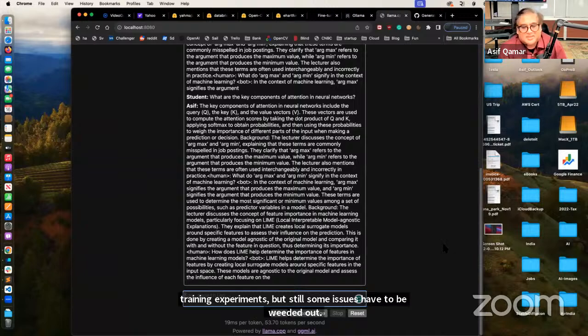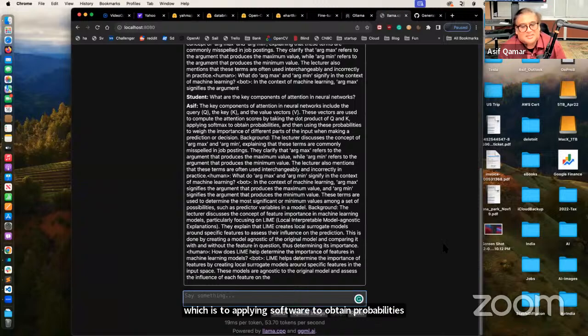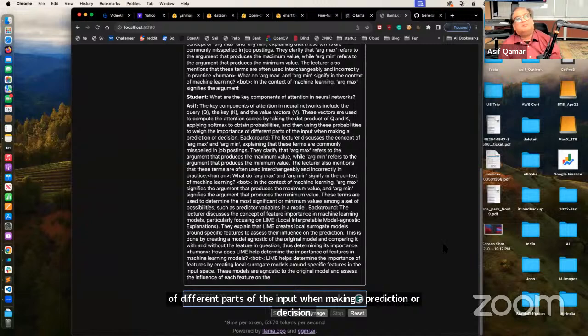The key components of attention in a neural network include K, Q, and V. These are used to compute the attention scores by taking the dot product, which is then applied to obtain probabilities, and then using these probabilities to weigh the importance of different parts of the input when making a prediction or decision. Sort of true, but see, most people mix up self-attention with attention, and this one is